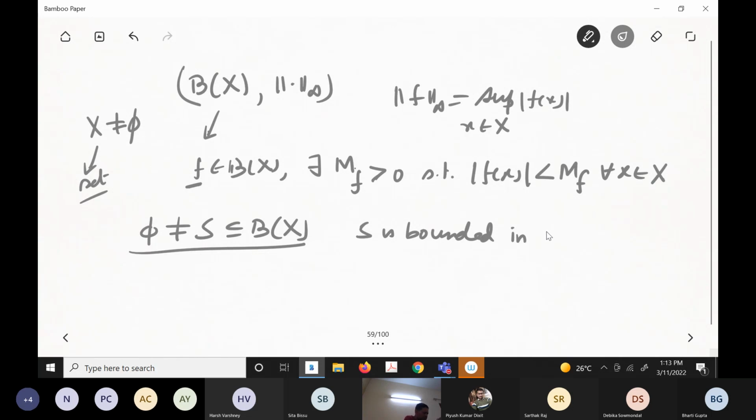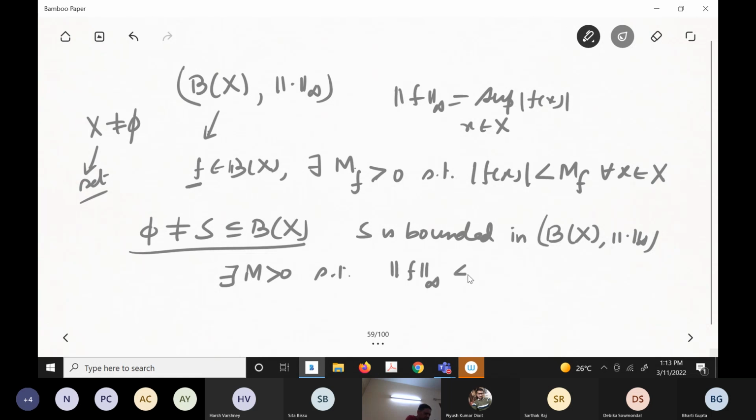But there is no reason for that confusion. That's why I'm spending time. Bounded in this space means, as I explained, there exists M greater than 0 such that